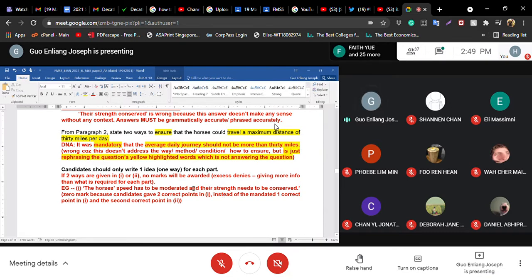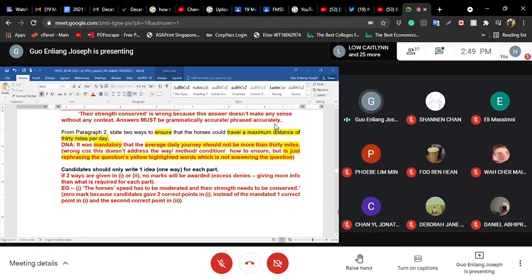So they are testing whether you know how to separate, like, moderate is the end of the first point, their strength is the start of the second point, therefore their strength onwards must go to part 2. They are increasingly testing things like this. Excess denies applies if you put more than one point inside one of the parts, which is a 0, by the way. So it's very wasted. You are supposed to get 2 marks, but instead you get 0. For part 1, and your part 2 point is confirmed wrong because there are only 2 ways. So you ended up getting 0, even though you have the 2 points in the answer, but you didn't separate the answers accurately. It is a real pity, honestly. Some of you had this issue.